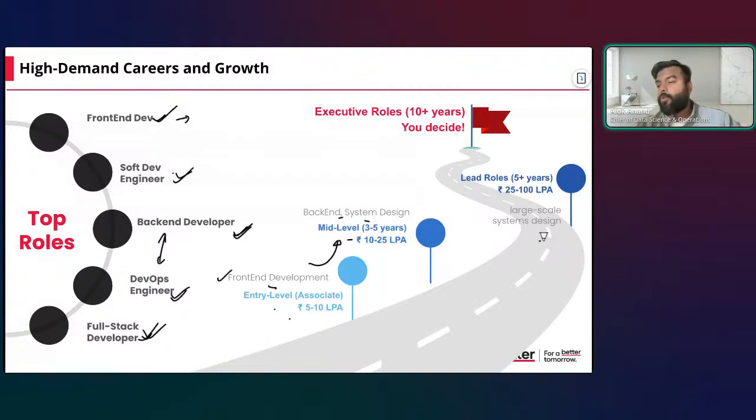And after that, when you go to lead roles, here maybe you will be working on one or two applications. Here you become so comfortable that you design the large scale systems, where immediately you can imagine that millions and millions of people are going to use. So if you are, let's say, working at Netflix, if you want to add some feature, you have to keep it in mind that there will be millions of people who will be using it. How does it pan out? So that's where it's a large scale, large number of users will be using it. We call it large scale system design. If you're designing a system for an application with lots of users, or lakhs and crores of users.